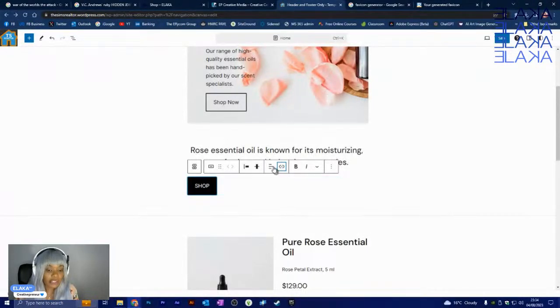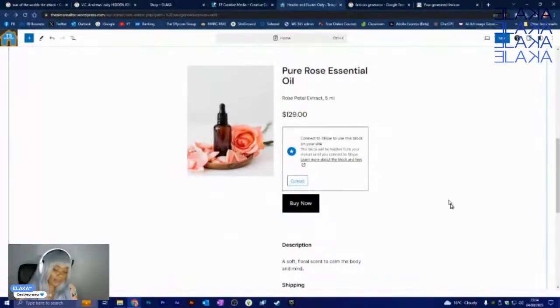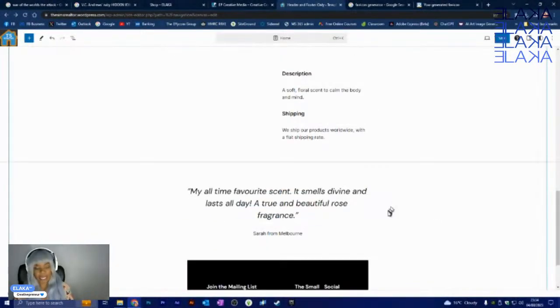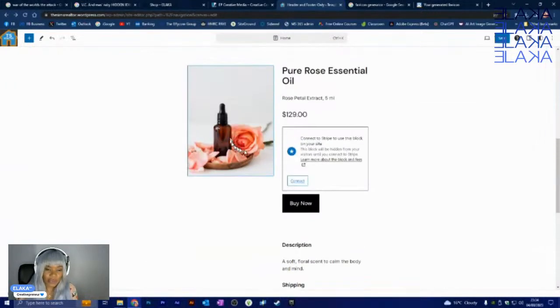That link normally should work, but for some reason it's not working. So that's something I'll look into. If I have to send feedback to WordPress, then I'll go ahead and send feedback to WordPress. But otherwise, here it's even showing you how you can display some of your shop items with